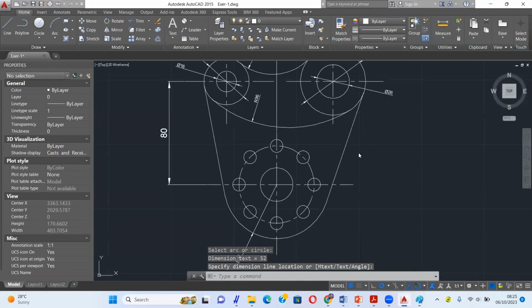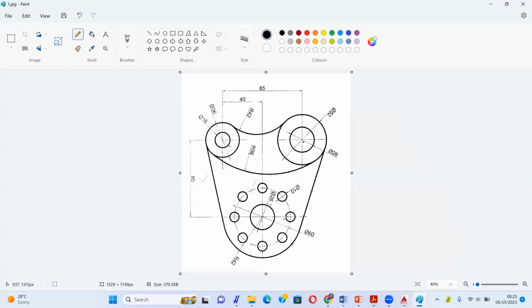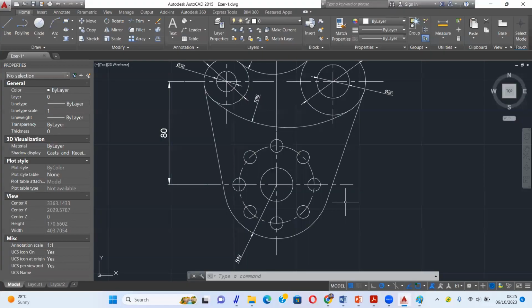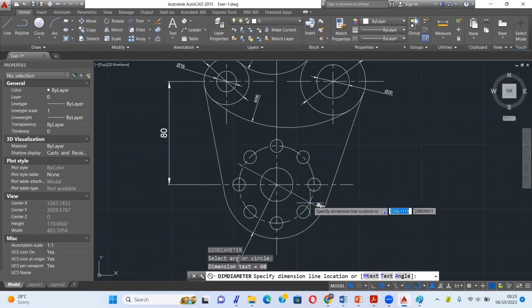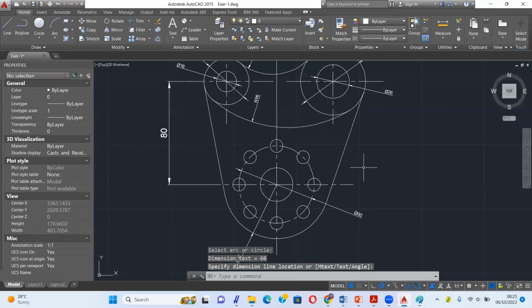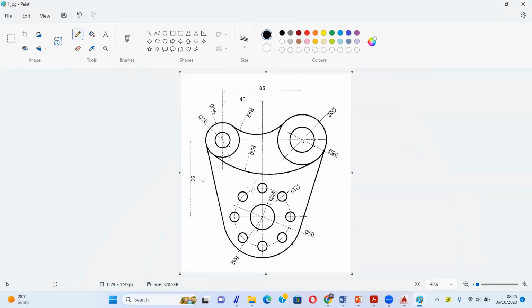Okay, like this. Then this one, and this one.